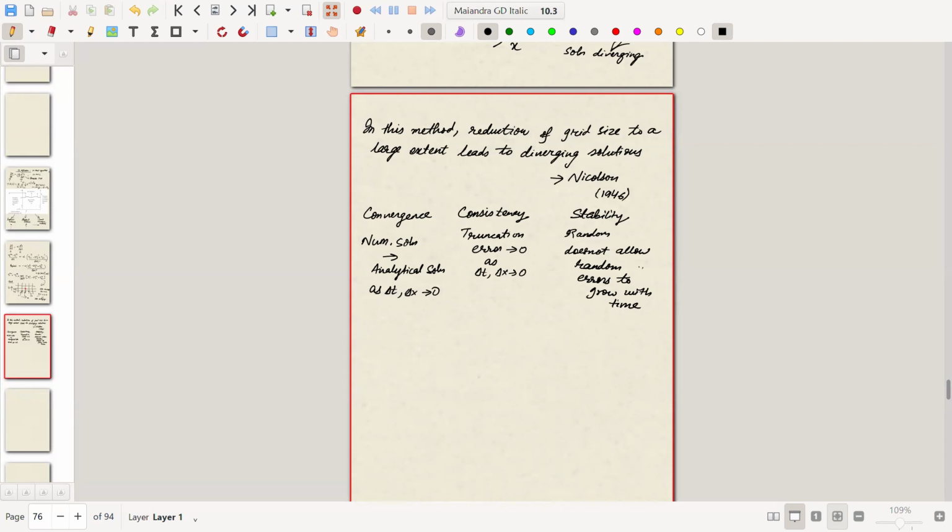I defined all these three quantities because it is known, someone might have heard, as the Lax equivalence theorem. Again, it's not mandatory for your knowledge. For a linear PDE, and it's an initial value problem, the finite difference scheme which you are adopting for the PDE, the FDM, the finite difference method, is convergent